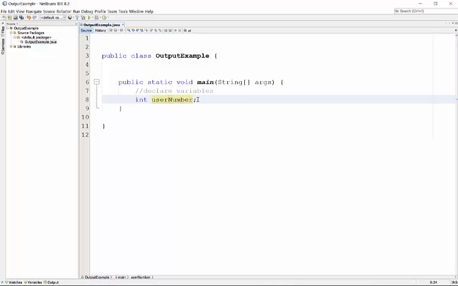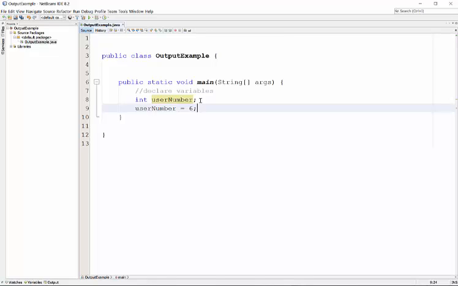You always want to make sure that you use variable names that have some kind of meaning. So that way if somebody else reads your code, if, in this example, your teacher reads your code, it's pretty clear what you're using that variable name for. X would not be very meaningful. So you want to use meaningful variable names. That's good coding practice. Okay, so then I'm going to give that a value, user number equals 6,